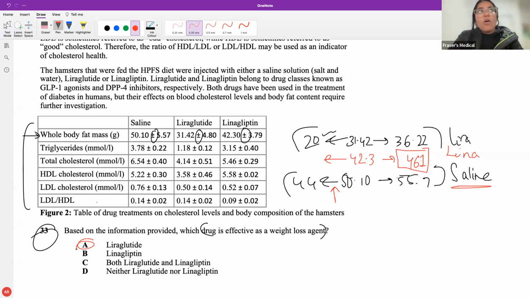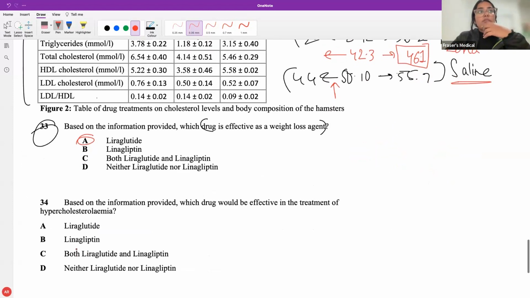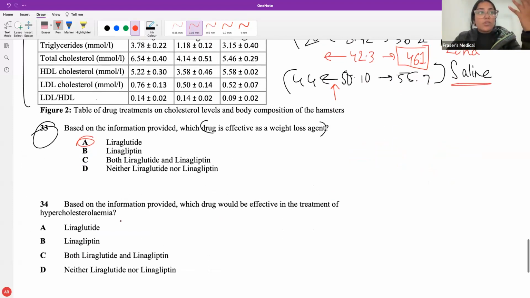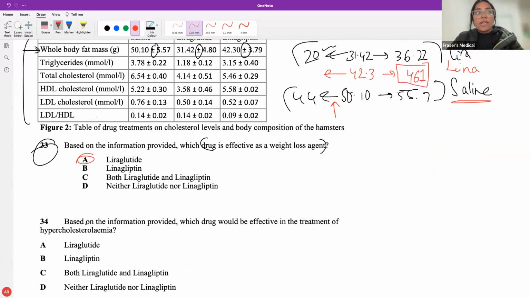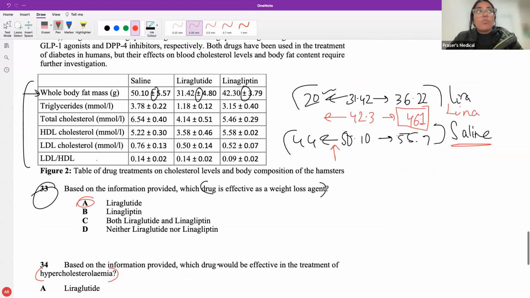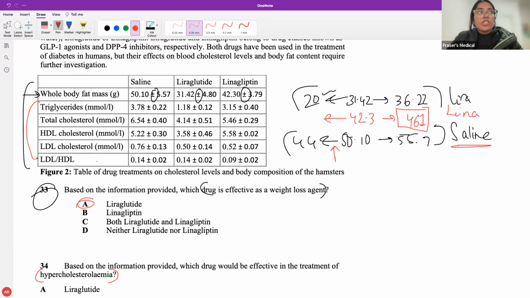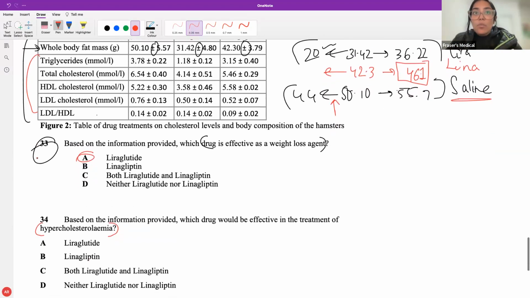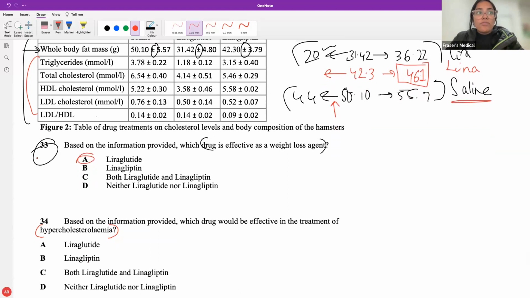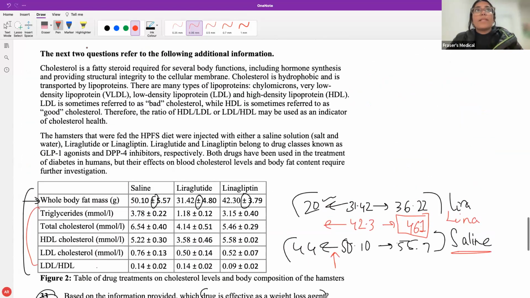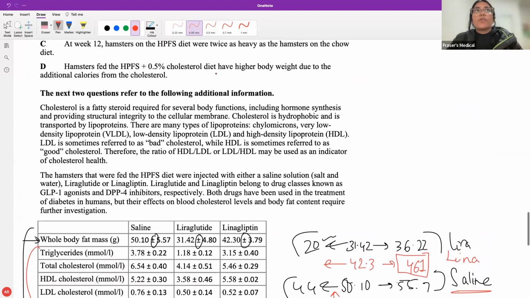You also look at the whole context. Like if we move on to the next question, you don't have to do it, but it's essentially talking about what's better in the treatment of hypercholesterolemia. Well, then we don't know, because there's a bunch of measures of cholesterol. We don't know what is the best measure of treatment of hypercholesterolemia, but that's something that the stem will tell me.